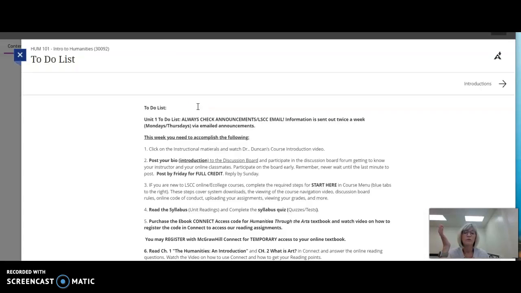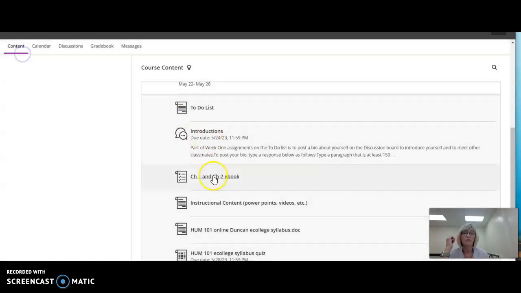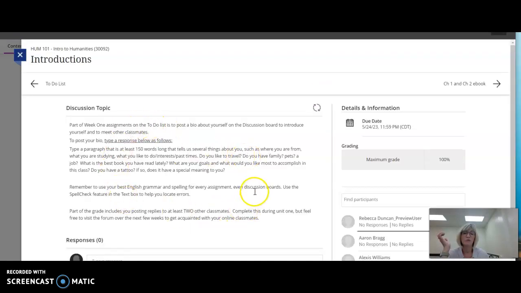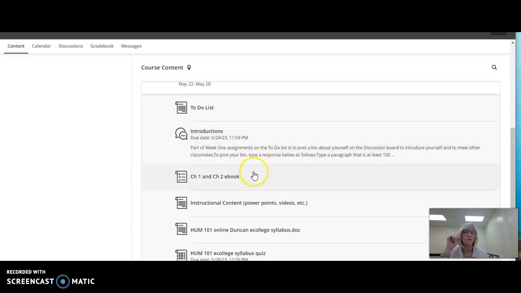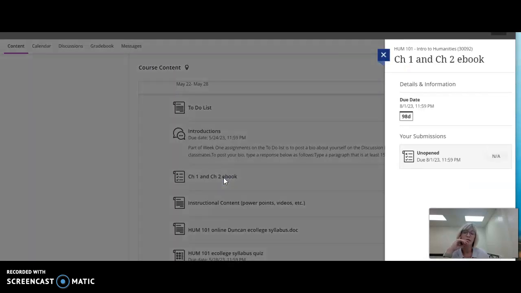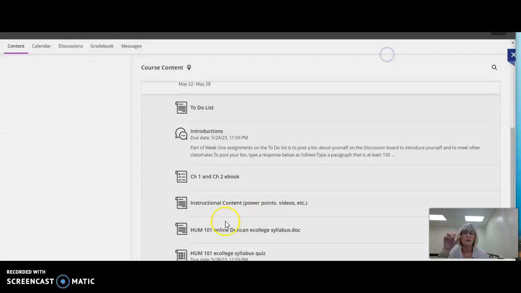Okay, so let's take a look at that. If you're not sure what you're supposed to do, it's not always this detailed, but there's specific information for what to do. Here's our discussion board, and you click on it. It has what you're supposed to type in there, when it's due, and that our grades always include replying, typically to at least 2 other classmates, and on separate days. That gets more points than if you do it all at the same time. There's our chapter ebook link that you have to have your book set up to.